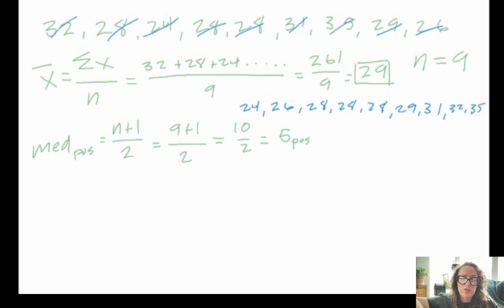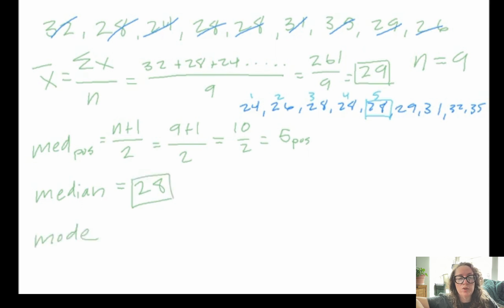So we have all the data in order, and now we're looking for the 5th position in this data set. So we've got the first position, second, third, fourth, and 5th. This here is our middle score. So our median is equal to 28. So we have a mean of 29, a median of 28,